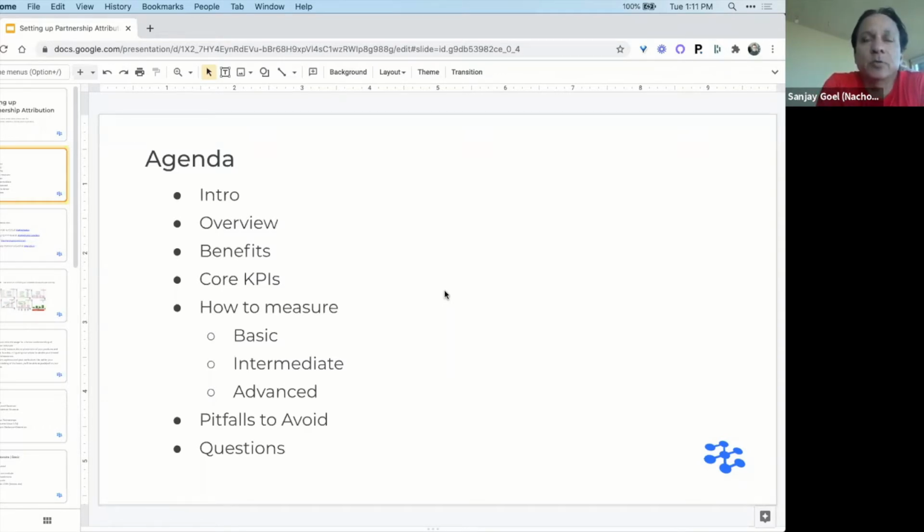At Nacho Nacho, we are a partner as well as we look for partners, so we're on both sides. At the moment, when we are the partner, we're using an attribution model which is different from anything that I had seen before. The way we attribute referrals to ourselves is using virtual credit cards.